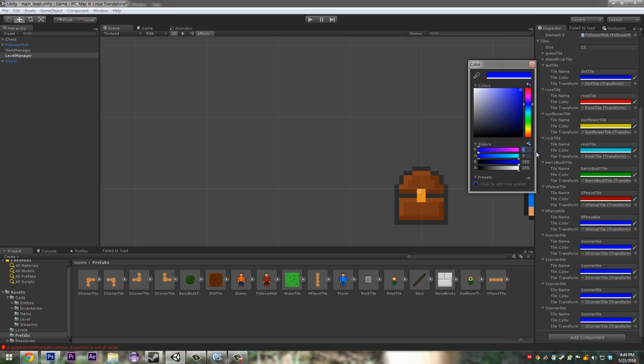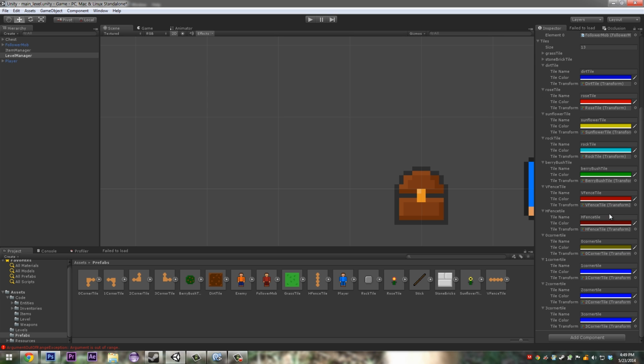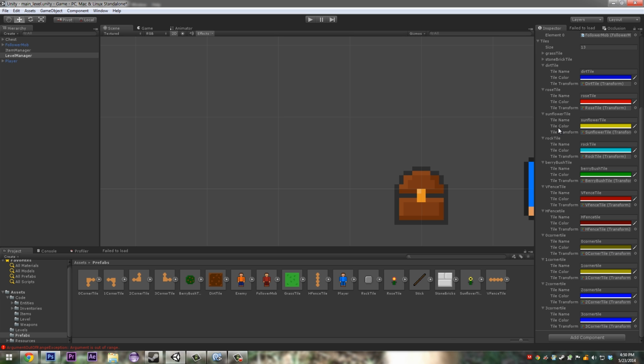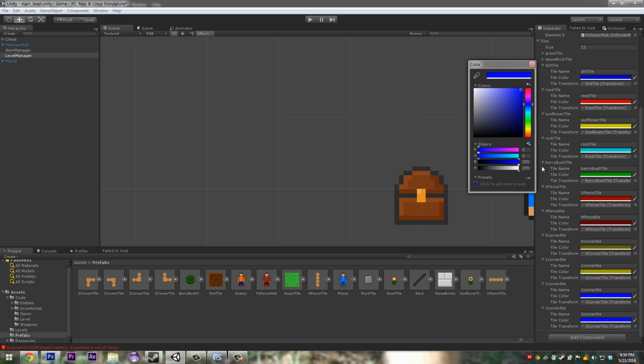Horizontal to be 100 red and 0 blue. We want our corner tile to be 100 red and 100 green and no blue. We want our red to be 155, our green to be 155. We want our thing to be 200 and 200 and make that 0. And up here we want that to be 255 and